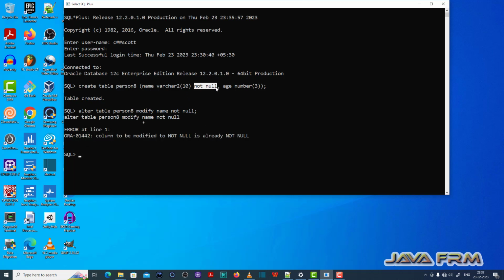So you can see that in create table I already specified the name column as not null. So again I have specified the not null in alter table. So this causes the issue. So now I